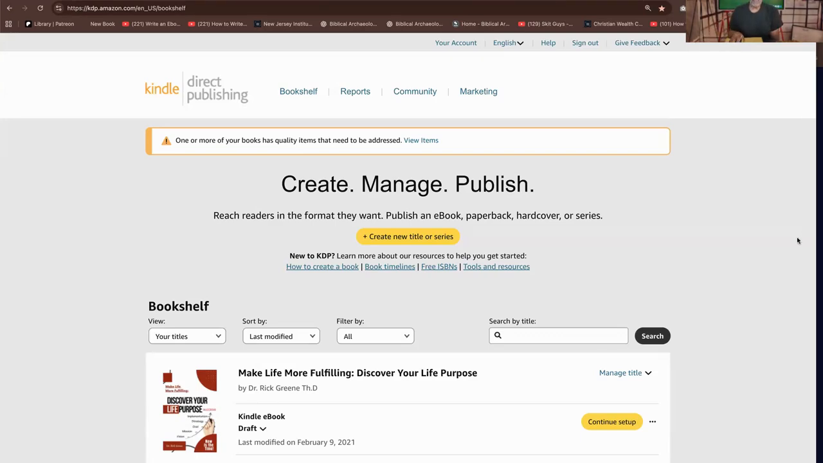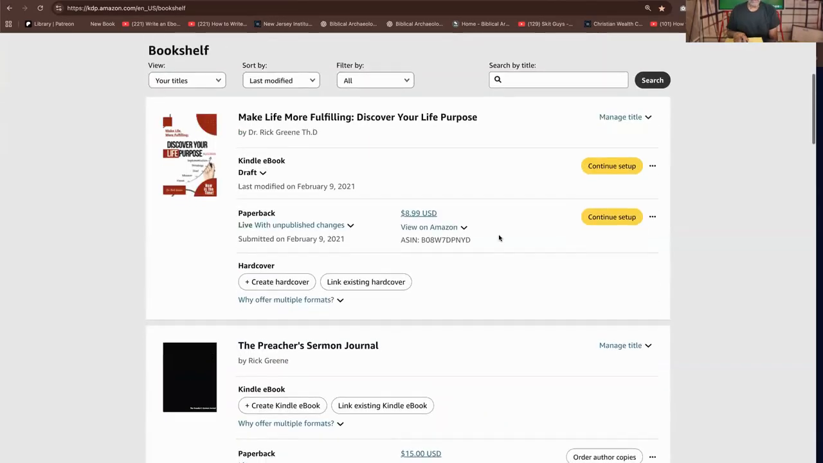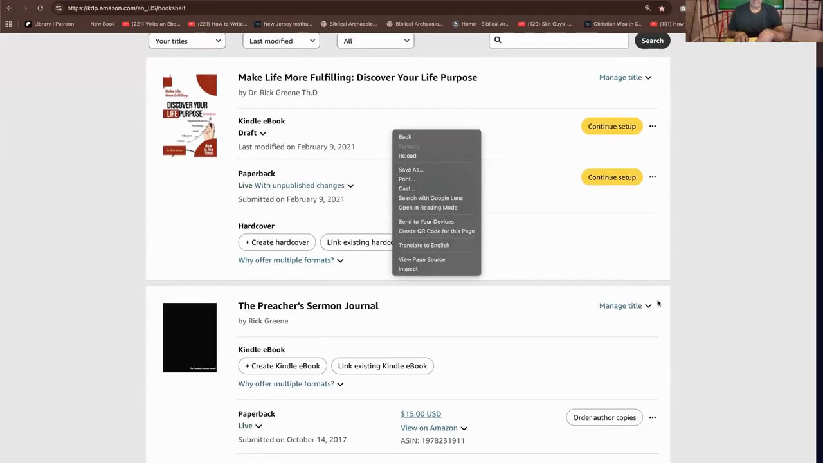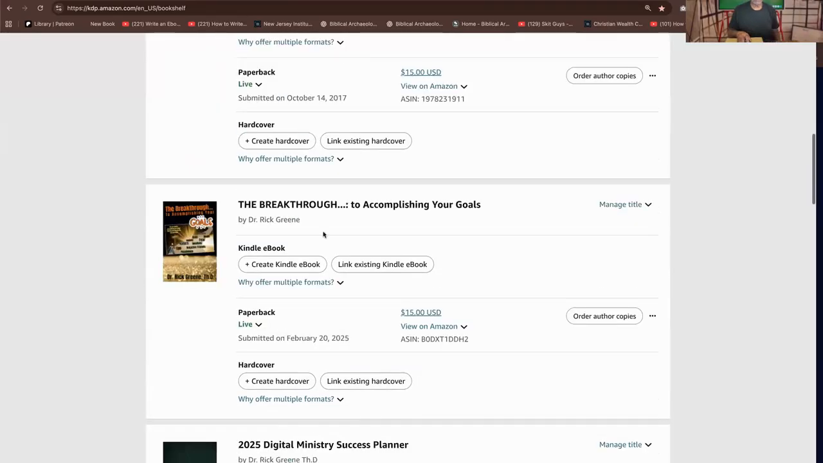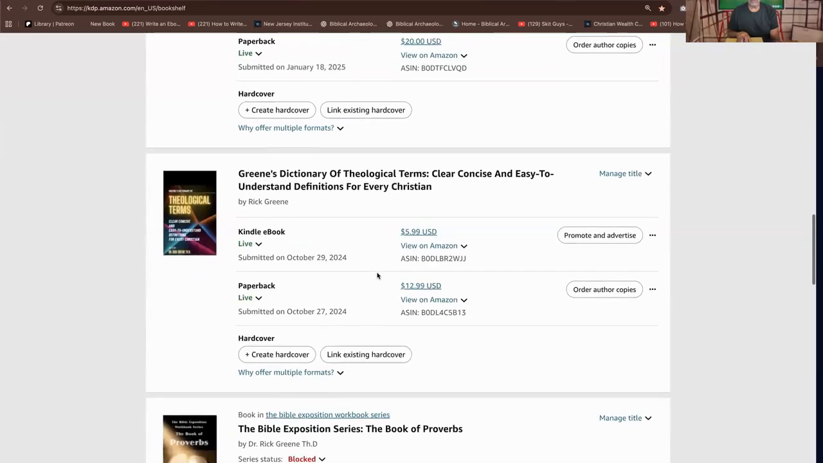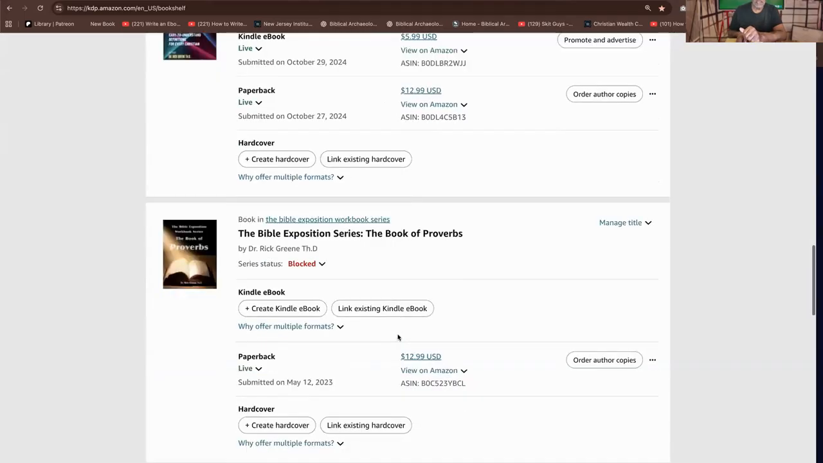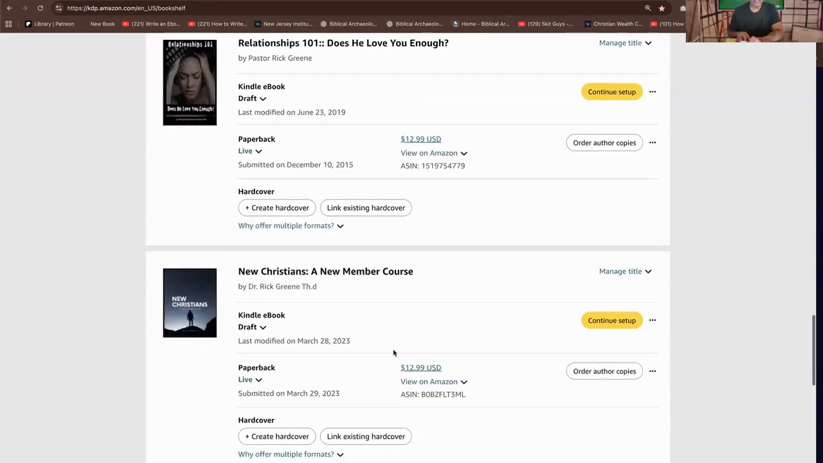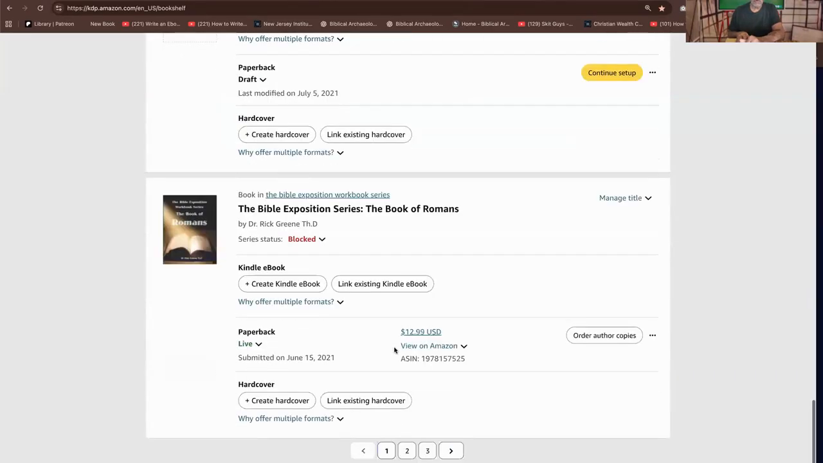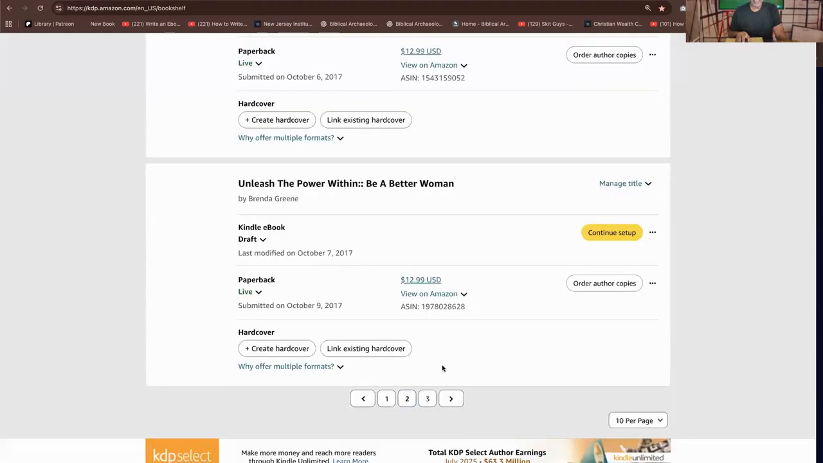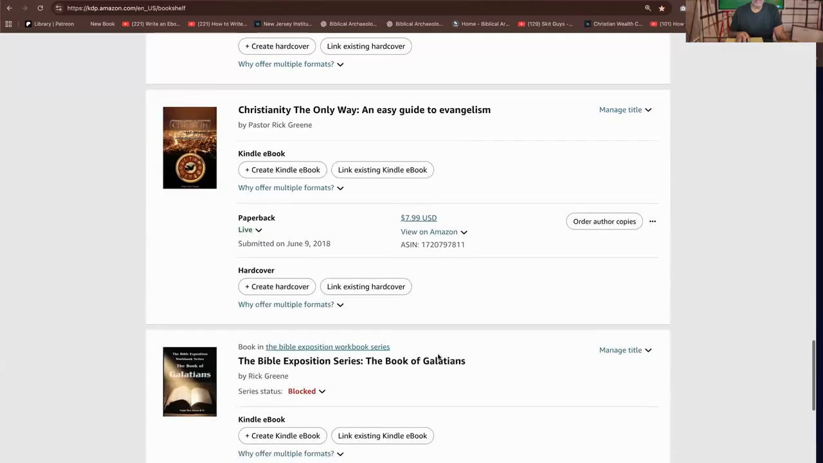As you can see, I have several books that I have already written. It will give you the dashboard. Here are some of my books: Make My Life More Fulfilling, Discover Your Life Purpose, The Preacher's Sermon Journal, Breakthrough to Accomplishing Your Goals, Planner, Greene's Dictionary of Theological Terms, and it goes on and on. And every book that you write, that you create, will be placed here. There are a few pages here of books that I've written, and it will give you access to them,